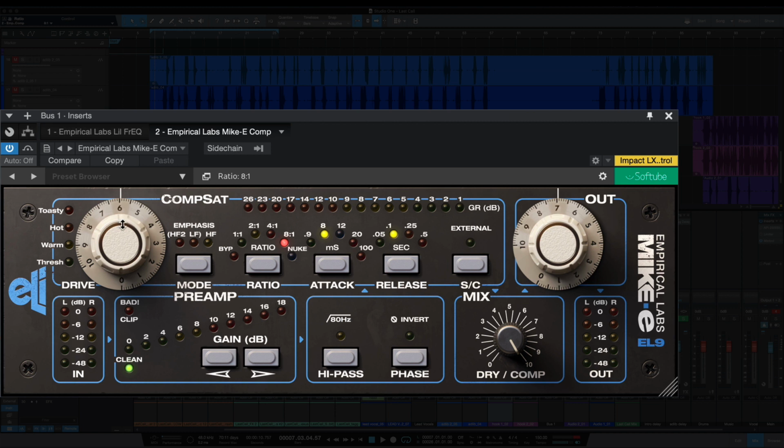I'm going to increase this drive, which is going to give us more compression. And then I'm going to back off just a little on the mix dry here. But listen to how, or yeah, see how much compression we're getting here, but the signal really doesn't sound squashed